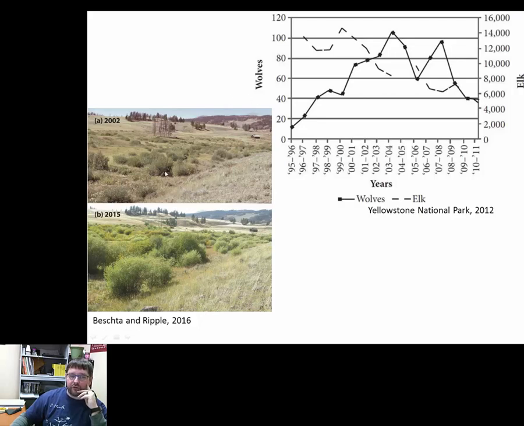Okay? So this is in 2002. The wolves have been in the national park for about 5, 6 years. And this is 2015. You can see that according to Bichetta and Ripple, the plant communities along riverbeds and creek beds have started to come back. Okay? So you have growth of willows, you have growth of cottonwoods that you once didn't have, and that was